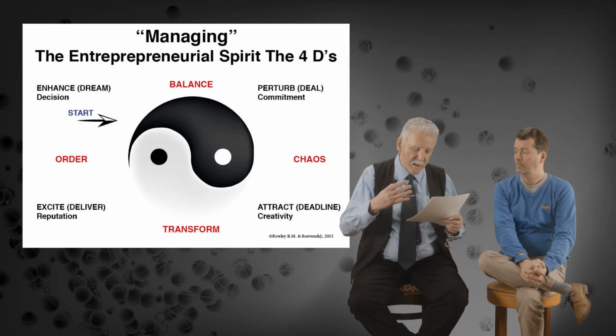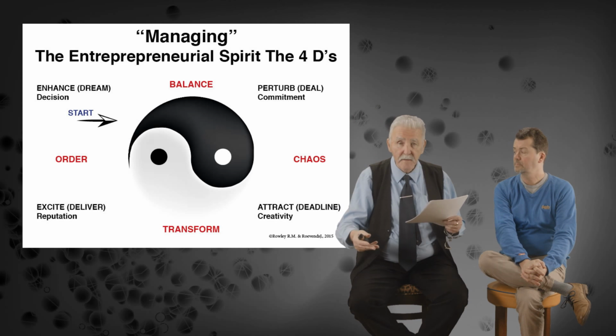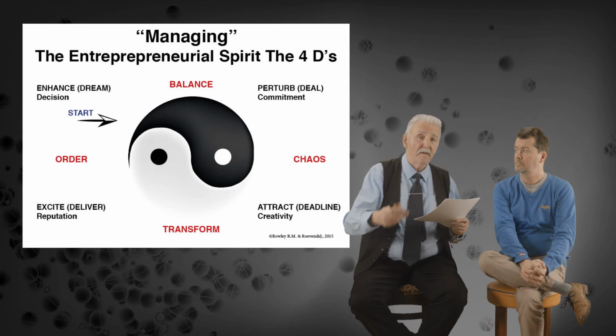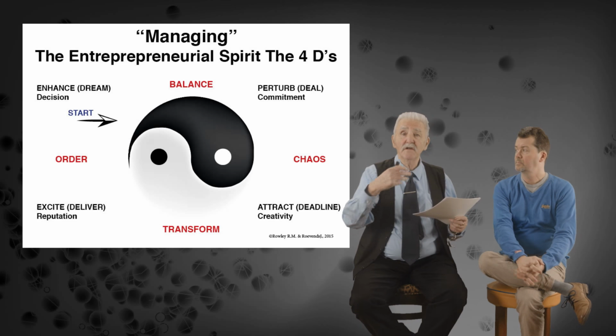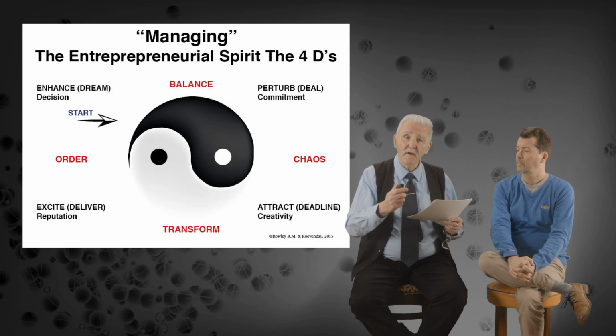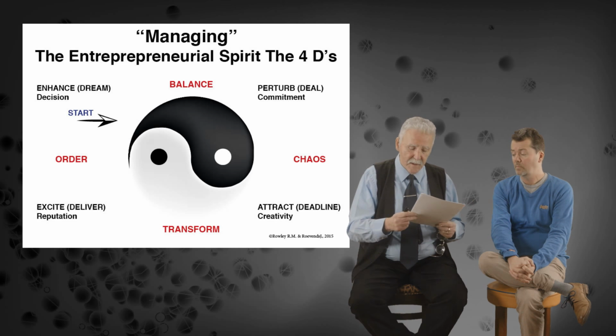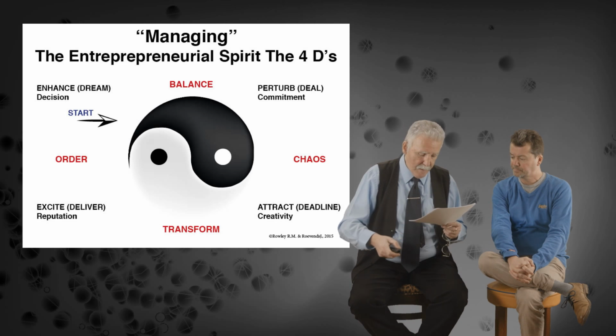We say 4 Ds: dream, the vision, make a deal, set a deadline, and receive delivery. So dream, deal, deadline, deliver. And you can see that within the phase space of enhanced perturb attract excite. Okay, so it works on managing the entrepreneurial spirit,